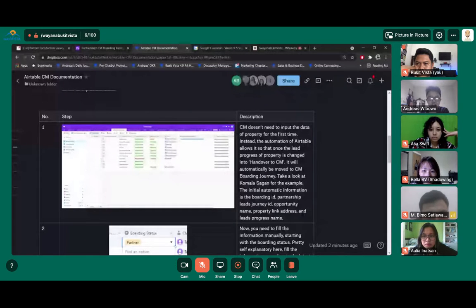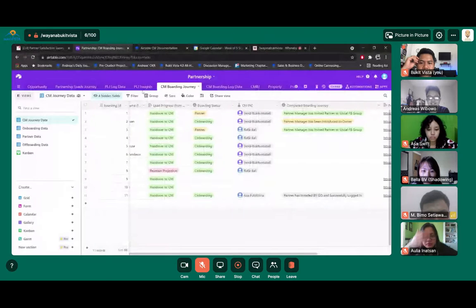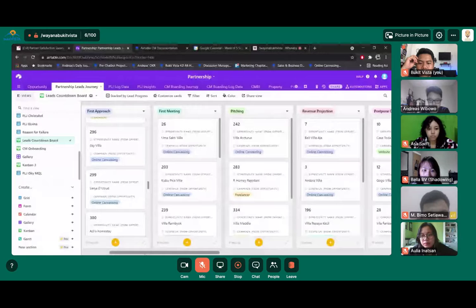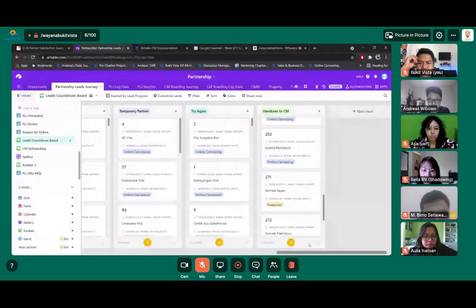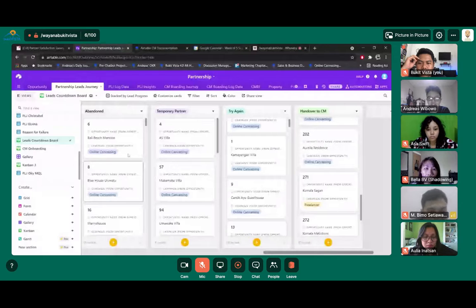The first step is that community doesn't need to input the data of the property for the first time. Instead, the automation of Airtable allows it so that once the lead progress of a property is changed into handover to CM, it will automatically be moved to the CM boarding journey. For example, I'm going to show this one. Let me just take one of the abandoned ones, for example, Bali Beach Mansion.